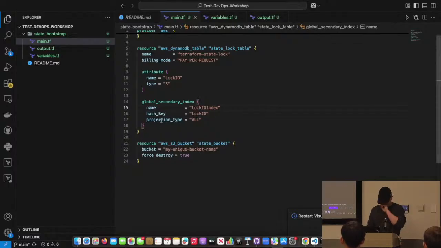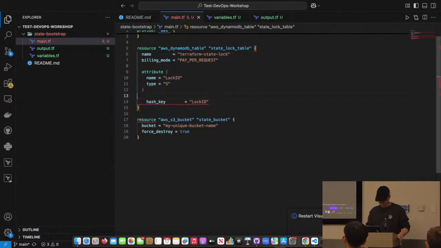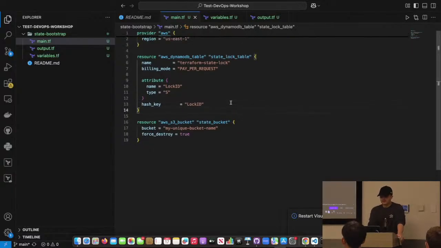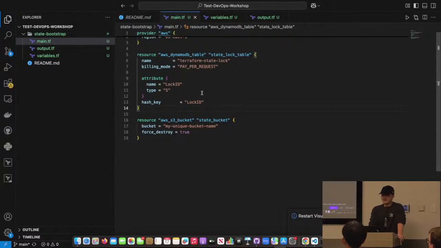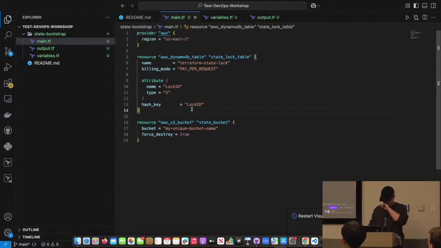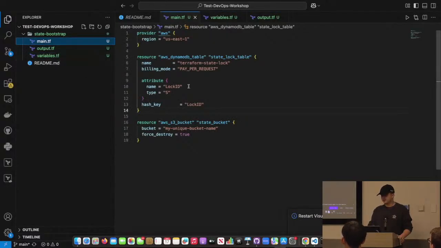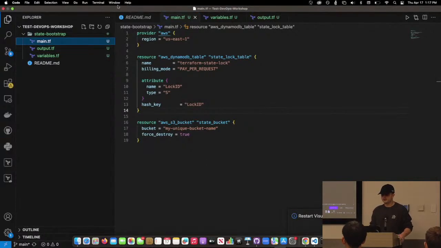So here, I am going to, we're not going to use secondary indexes. Perfect. And this is more just DynamoDB specific stuff, but essentially what this is doing is just adding a lock ID to each instance that we create of our infrastructure. You'll see this later on. And so now, we should be pretty set here. We're not using variables right now because our setup is pretty simple. We're doing it locally, but I'll get into variables a bit later on. So now this is really all you need to start up a Terraform infrastructure.